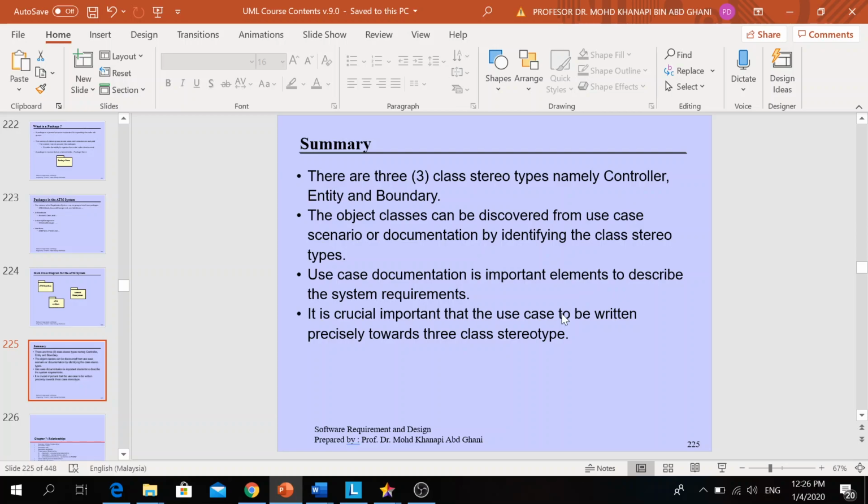Of course, for beginners, it is hard to write the use case description.